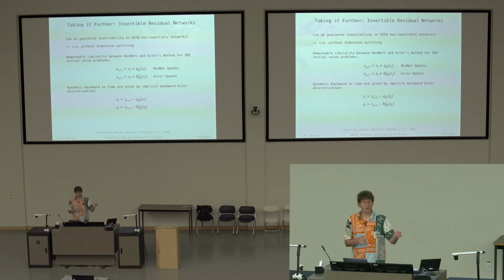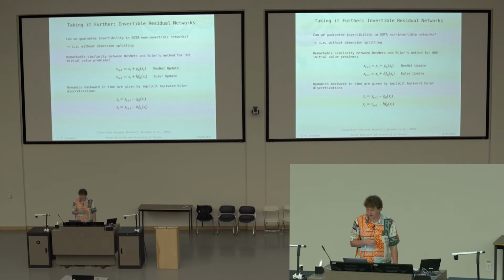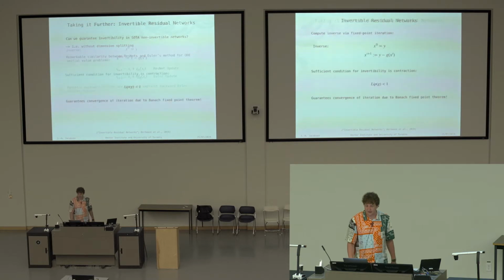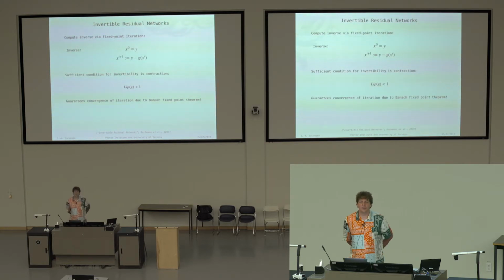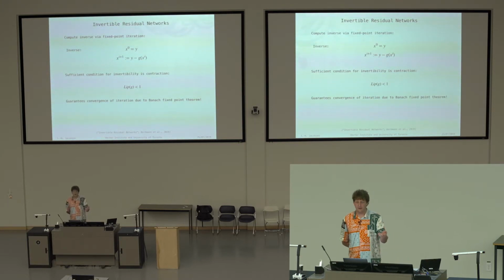Now if you want to go back from the output of the t+1-th layer to the t-th layer's input, we get these equations at the bottom. x_t equals x_{t+1} minus g of x_t. Now we have a problem: x_t is on both sides of the equation. So we need a method for solving that, and such problems can be solved with a fixed point iteration scheme. The inverse is initialized with the output of the block, here called y. Then we just iterate x_{i+1} equals y minus g of x_i, where i indexes the current iterate.